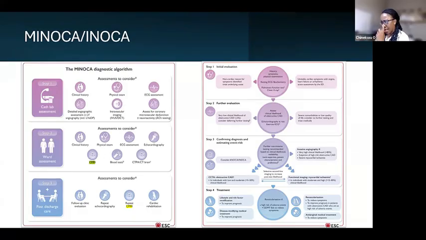So these are sort of infographics from ESC guidelines on the management of chest pain and the section on MINOCA. Now, recently at cardiology academic meetings, there's been a lot of talk on MINOCA, INOCA. MINOCA basically means myocardial infarction with normal coronary arteries. INOCA means infarction or inflammation with normal coronary arteries, and some people call it ANOCA, which is angina with normal